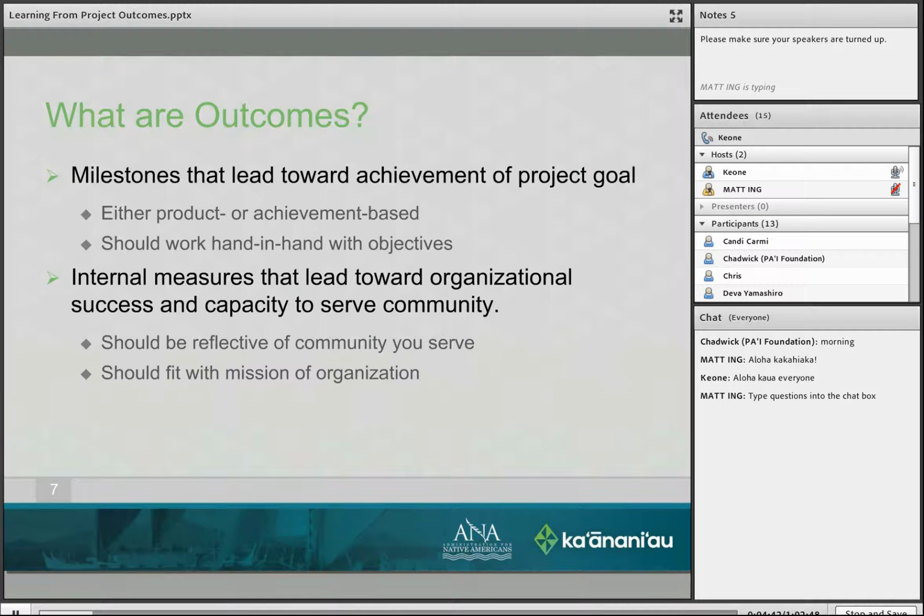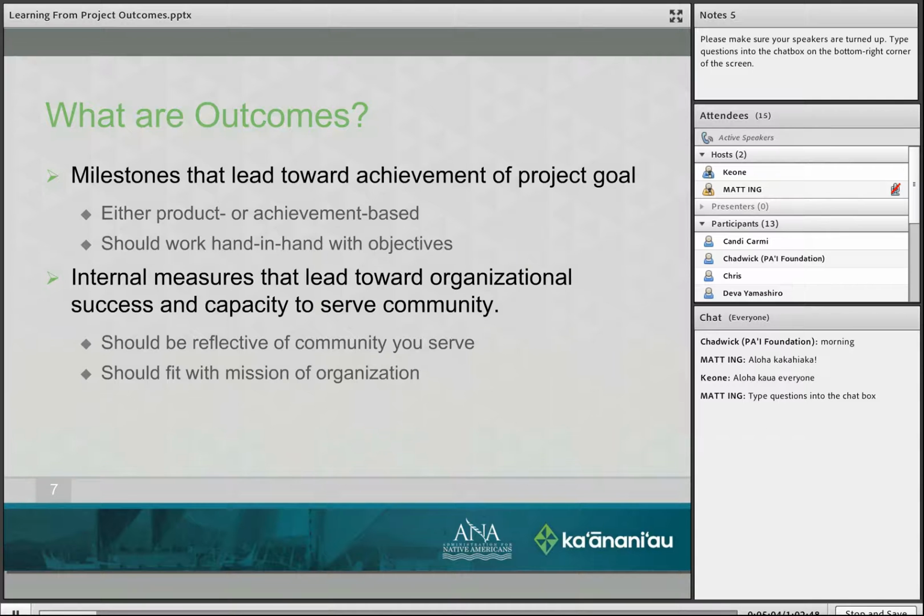The first thing we need to look at is what outcomes are. The vernacular, the words that are used in dealing with development of projects and such, might be a little bit different than what is normally used.